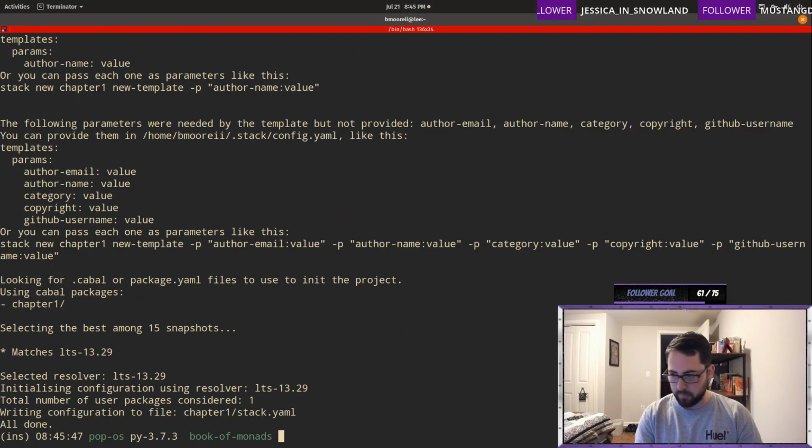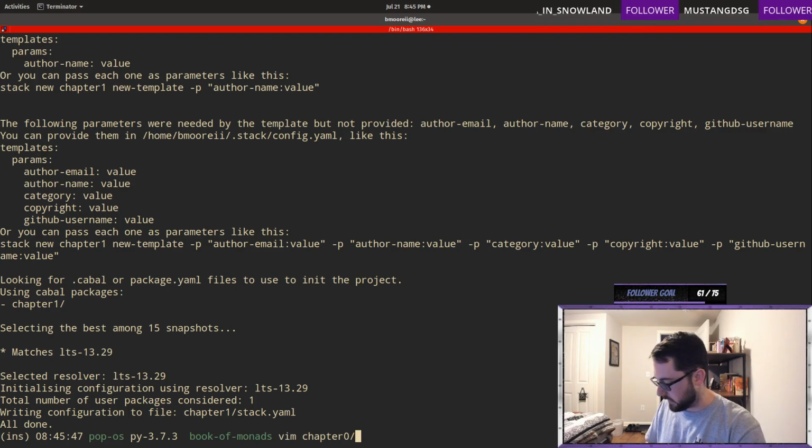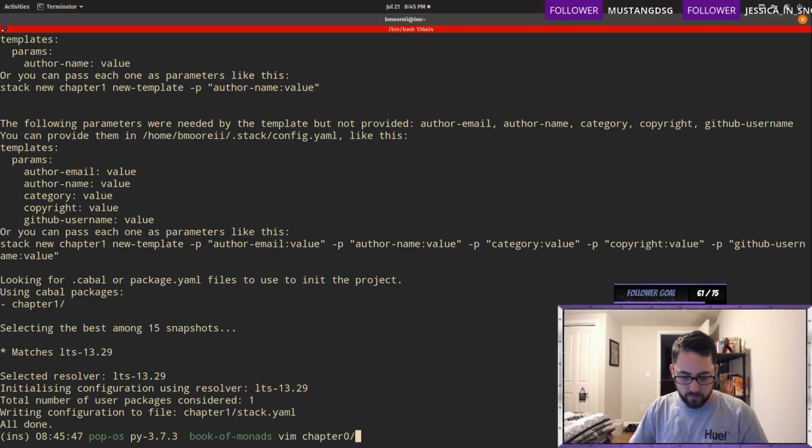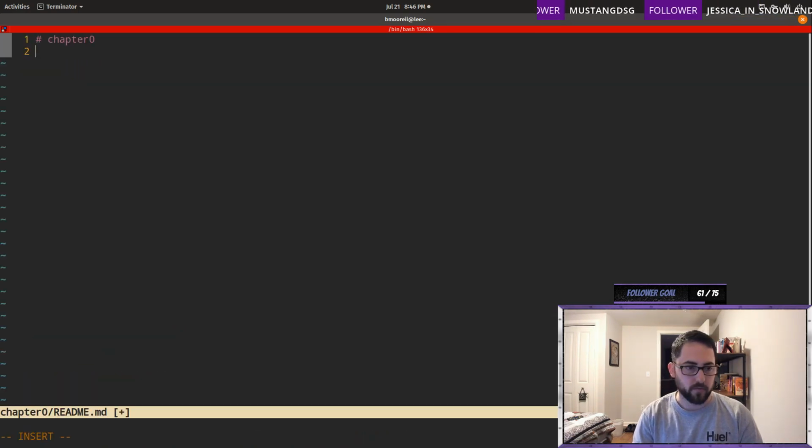Oh, and we were doing this last time, so let's start doing this again. I actually like this idea, putting the chapter title in the README. Not that this one's particularly interesting, but introduction.